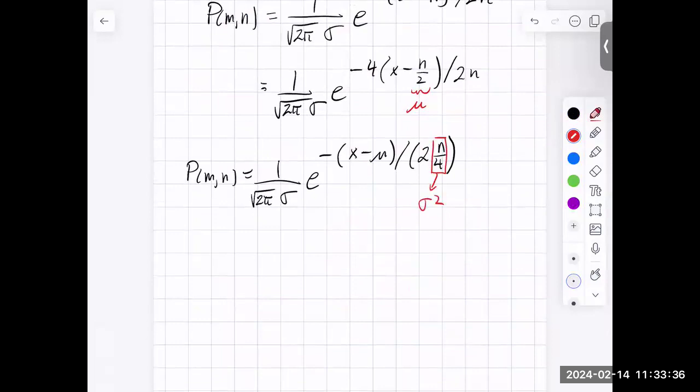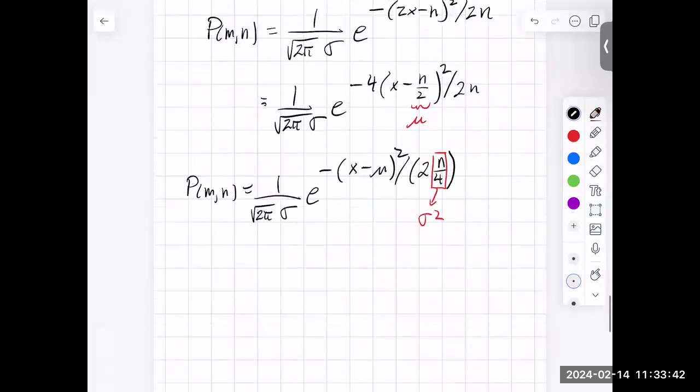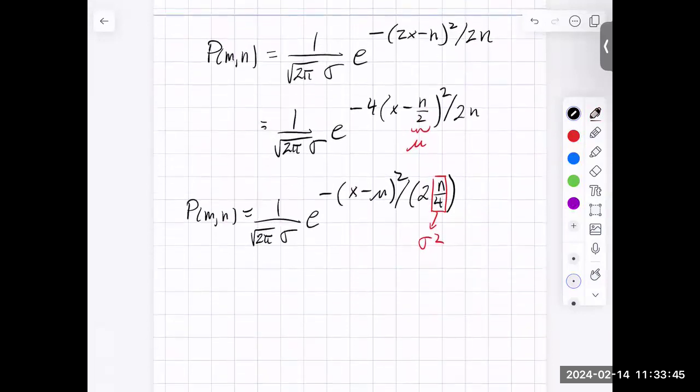I'm missing a square. Is that what you're going to say? Yeah. Yep. Yeah, you're exactly right. And I'm missing it here too. Is that right? Yes. Good. Perfect. All right. So finally then,